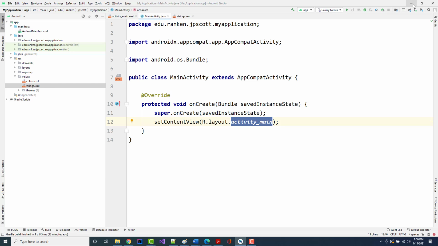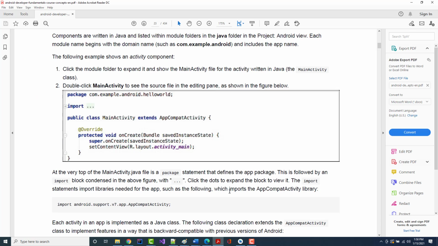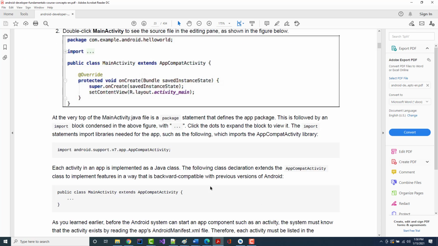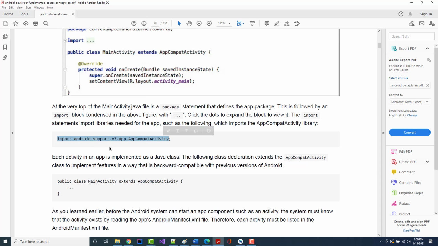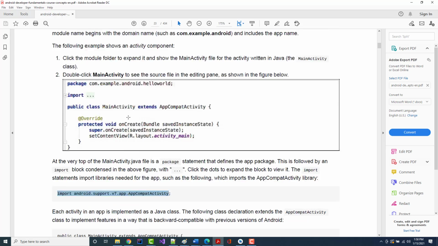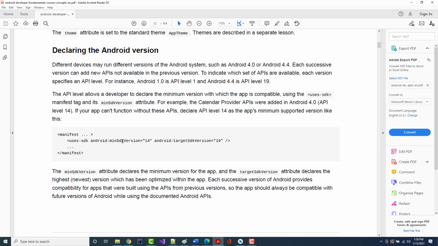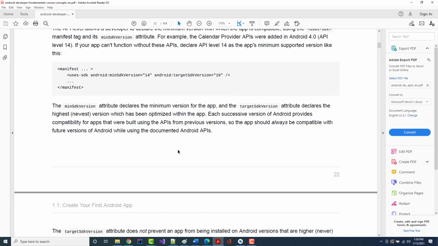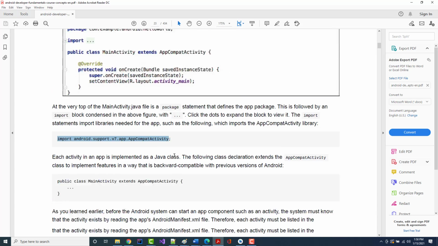All right. So they go through here and they start talking about it. And again, they mentioned that they bring this in for backward compatibility. But they go through basically what everything in here means. So you'll notice this is extending app compat activity. And they're trying to say, again, make sure, since we're going in here from version 14 to 19 in this case, we want to make sure we're going to support all that. And that's what that thing is doing, is it's trying to make sure that it's backwards